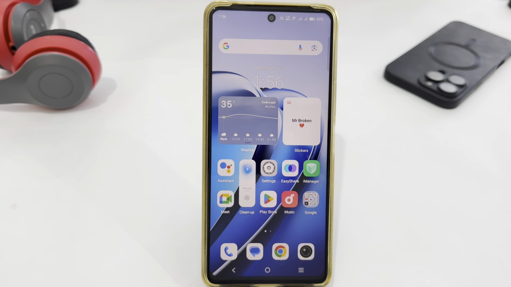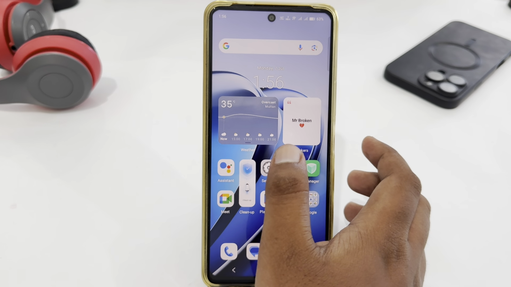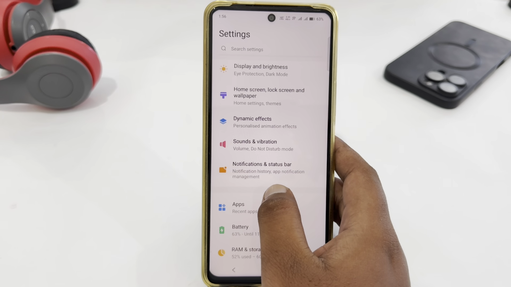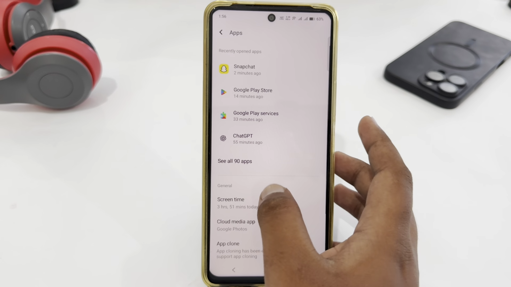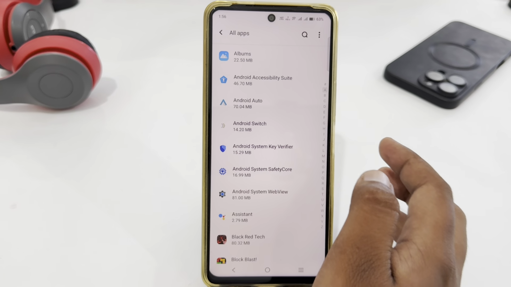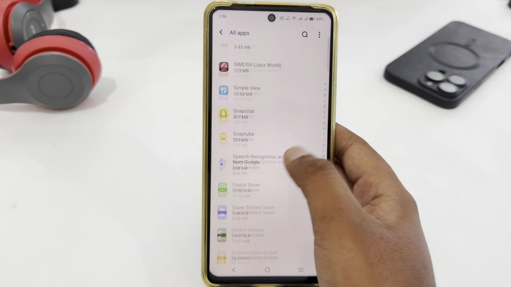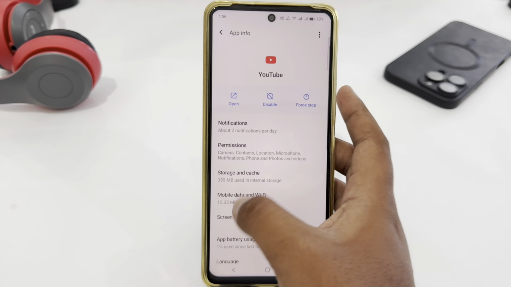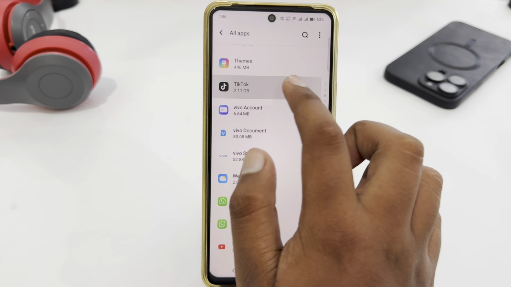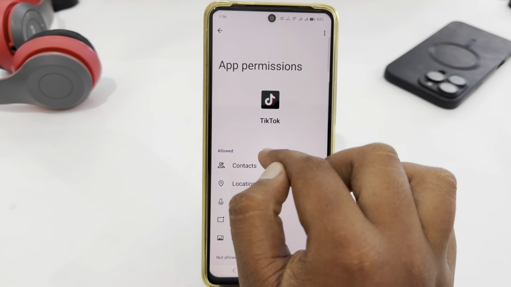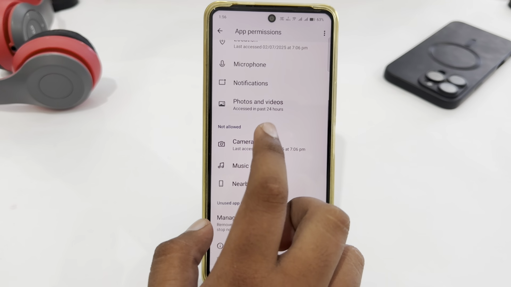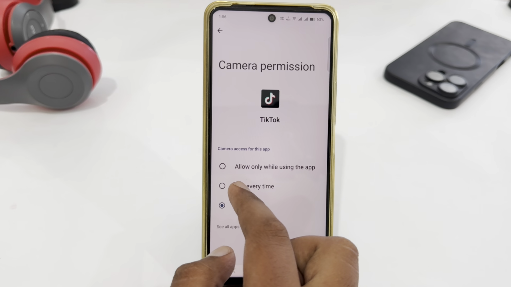So today I'm going to tell you how to allow camera access on TikTok. If you are using the TikTok app and now you want to allow camera access to TikTok, let's see how you can do it. The first step is that you just have to open your phone settings and then select apps. In apps, select see all apps and here look for TikTok. Here it is, just select it and here select permissions, then select camera and here select allow only while using the